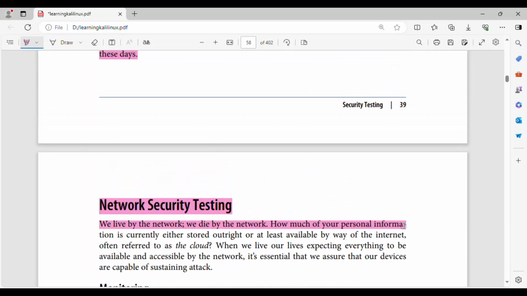We live by the network, we die by the network. How much of your personal information is currently either stored outright or at least available by way of the Internet, often referred to as the cloud? When we live our lives expecting everything to be available and accessible by the network, it's essential that we assure that our devices are capable